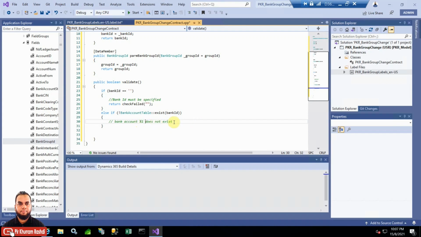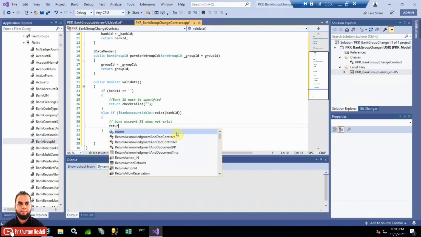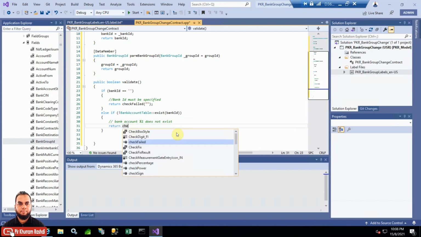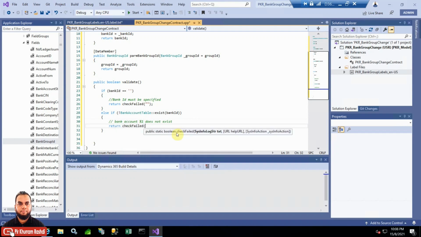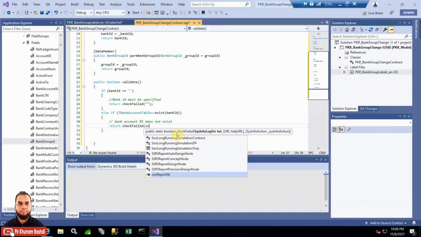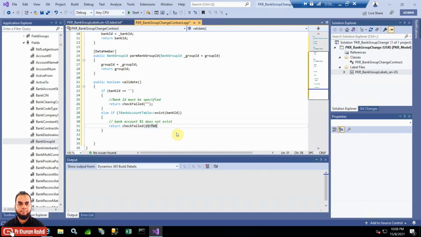So %1 means first parameter, that I will show you now. Return check failed. So check failed always returns a string value when something is failed. So just give it a label, and now we need to pass here bank ID as